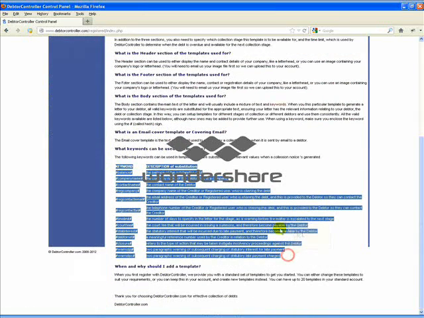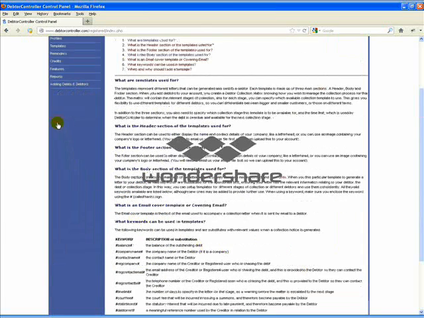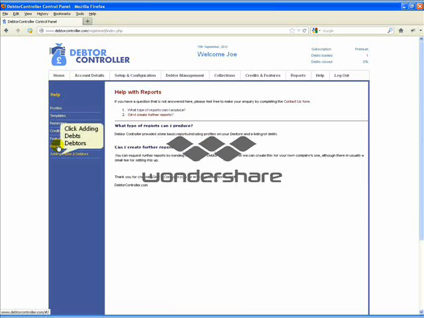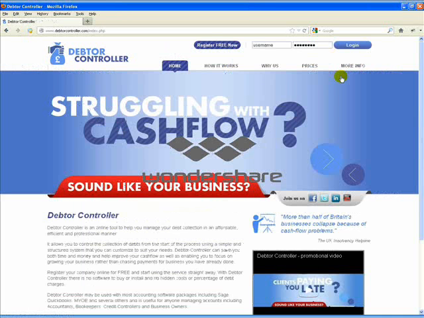The help section provides some useful information on how to get the most out of the system. In particular, you may wish to visit the templates section under help, as this shows you the special keywords which, when you use these in the setting up of a template, it allows you to embed